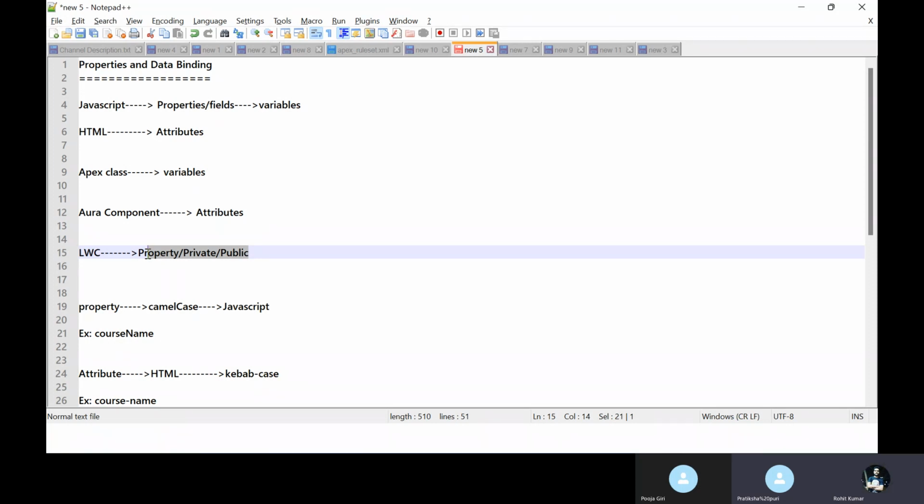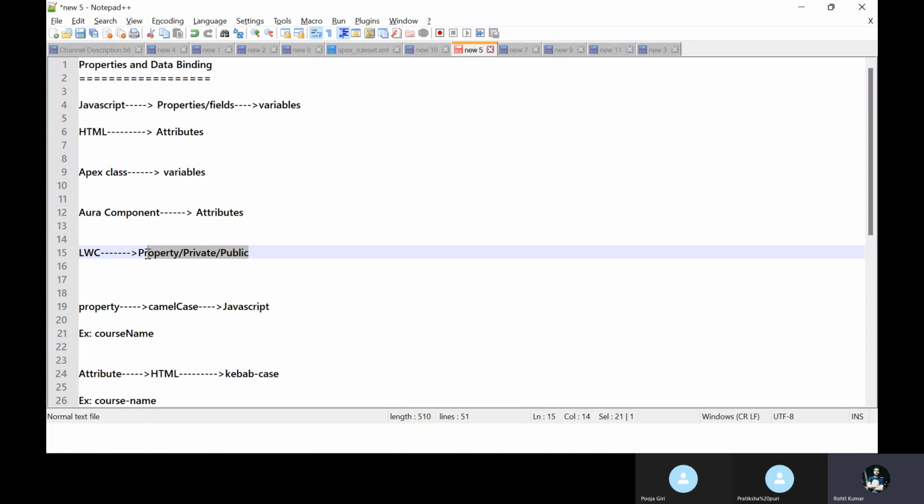So public means you can access within the class or outside the class, within the same organization. If you want to access outside the organization, suppose my company name is TCS, for example.